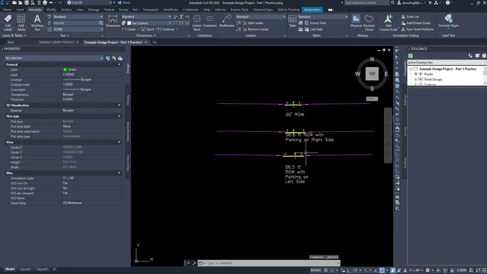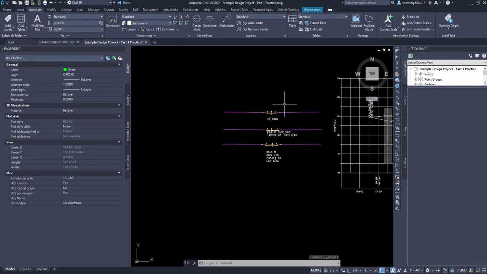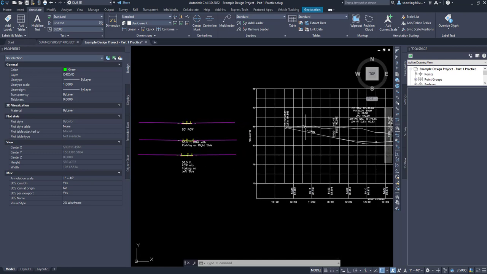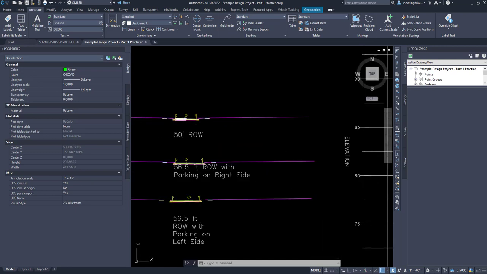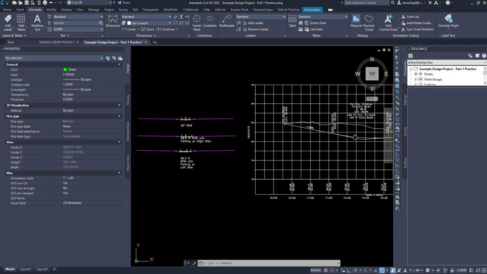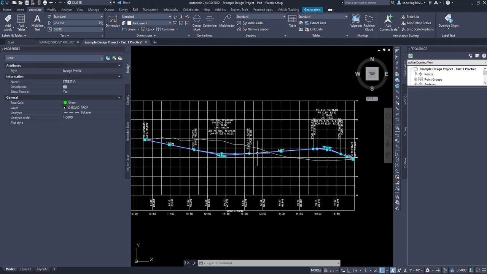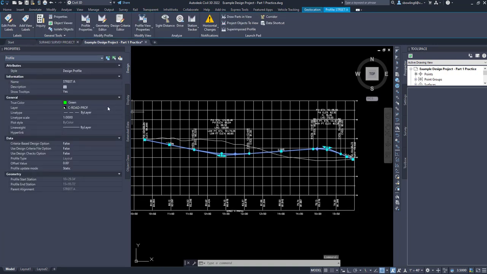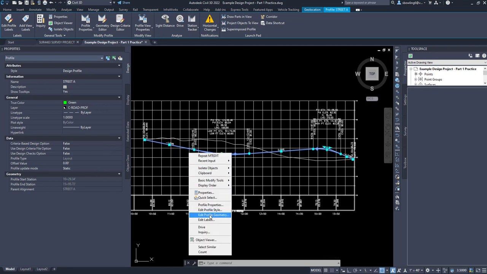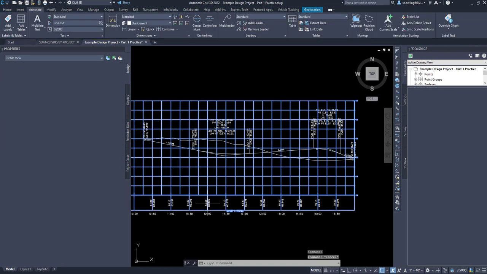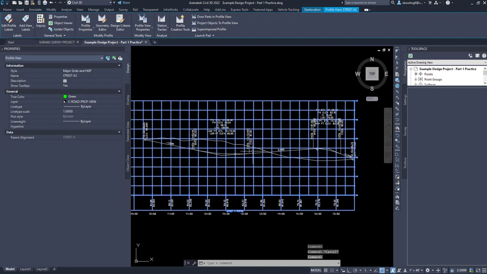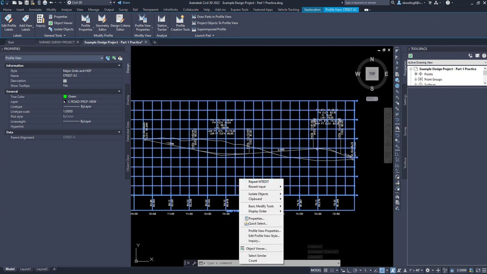All right. So now we've got our corridor set, or I'm sorry, our assembly set. What we're going to do is attach an assembly to the center line of the proposed road. It's always got to be of the proposed road, okay? Now, I'm going to go ahead and do one thing. For me, visually, I'd like to see this in a different color. So I'm going to right click, edit profile view,